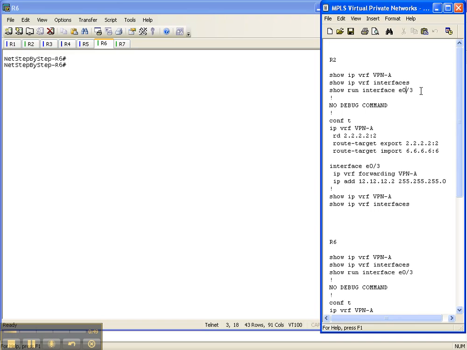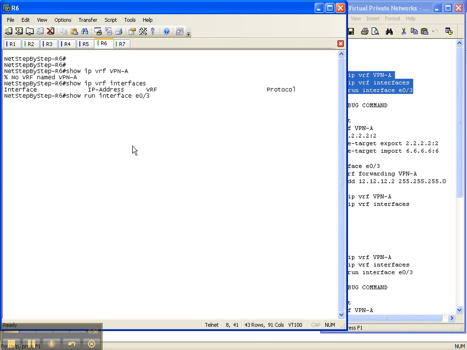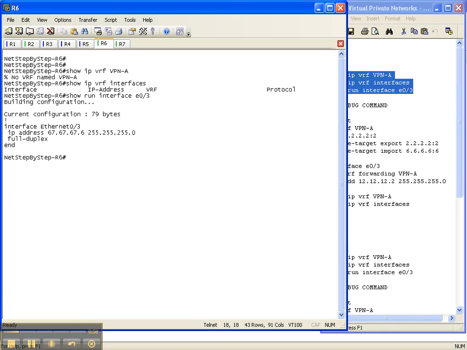Over here on router 2, I'm going to do the 3 commands that we just got finished talking about. The show ip vrf VPNA command basically came back with, I don't know what you're talking about. Well, we haven't configured it yet. If I do a show ip vrf interfaces, I have all the columns, but since we haven't configured one yet, there's nothing there. And I do a show run interface because I want to get this IP address right here,